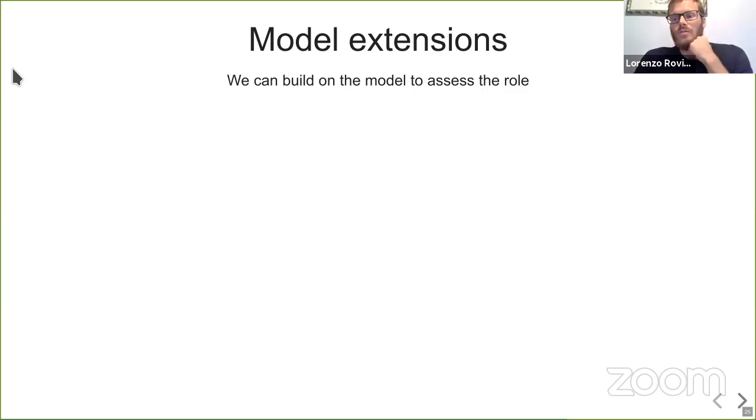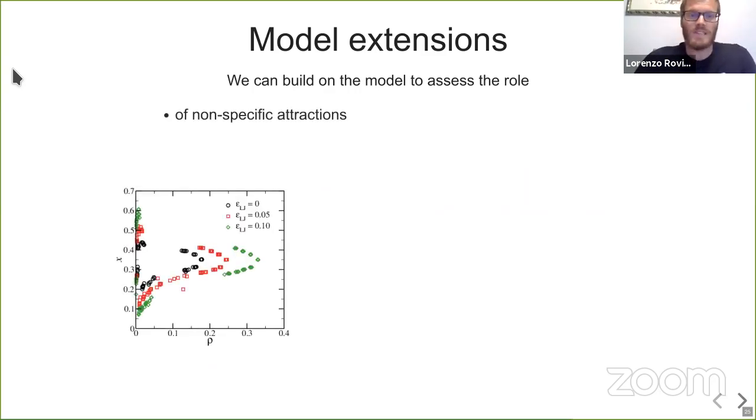We want to understand what happens if we change the model a bit, in a way that can reflect some experimental modifications of the model. One is to add, for example, non-specific attraction between our, let's say, proteins. And this is something that's probably there. So proteins, on average, feel a very weak attraction. So this might be this thing here.